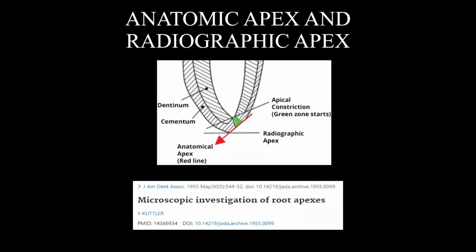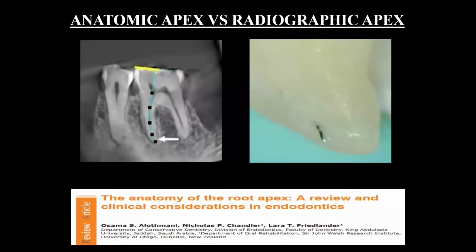However, through his research, we found that the apical constriction, which is also the cemento-dentinal junction, is the area to which we want to instrument and obturate for optimal results. However, we have to remember the only way we can determine the cemento-dentinal junction's position is histologically. When we look at the working length,